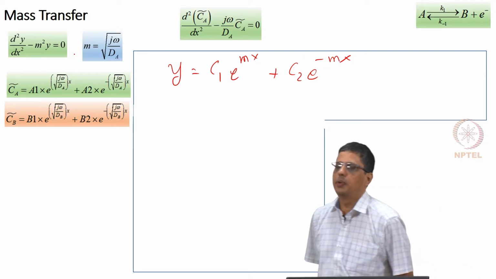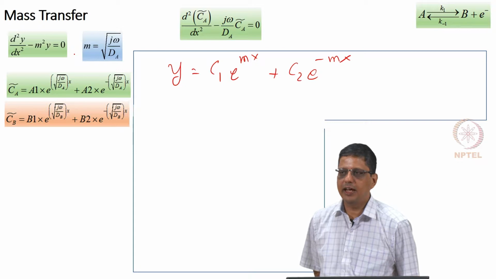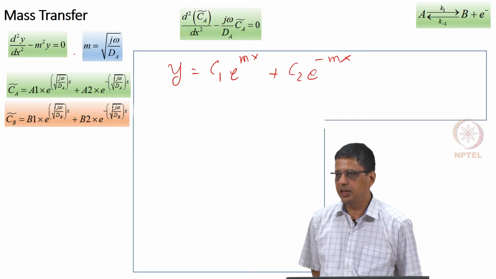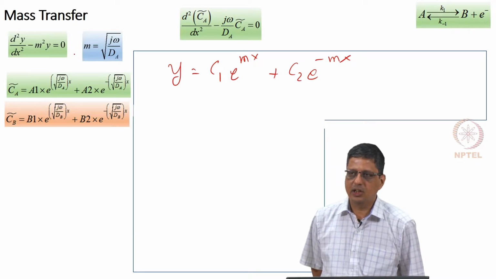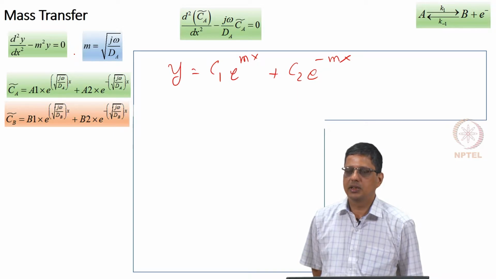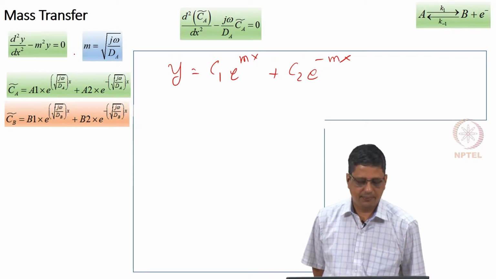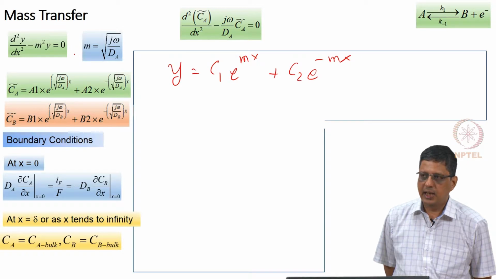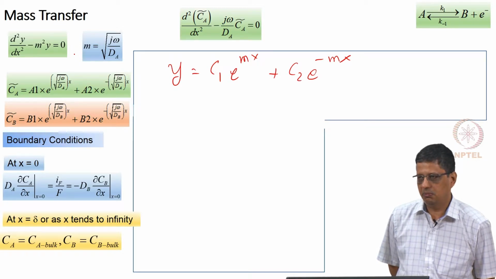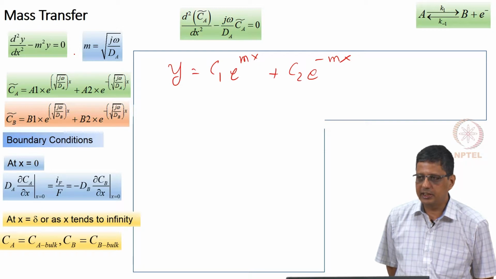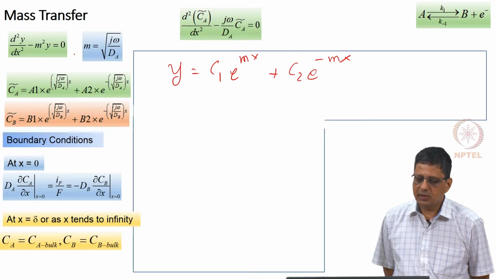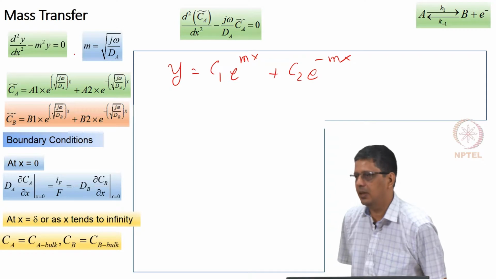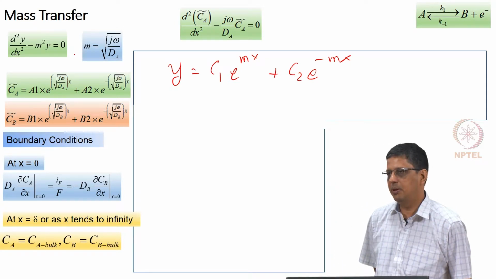Now, we will get it for two cases, one is a finite boundary layer thickness, another is infinite, called semi infinite because it goes from 0 to infinity, where the solution is not at all stirred and that dimension is large enough for us to consider it to be semi infinite. So, we have two boundary conditions: at x equal to delta in the finite case, and when x tends to infinity in the semi infinite case. In those cases, at that location the concentration of A is going to be a fixed value, C_A bulk, and the concentration of B is also going to be C_B bulk, it is not changing.